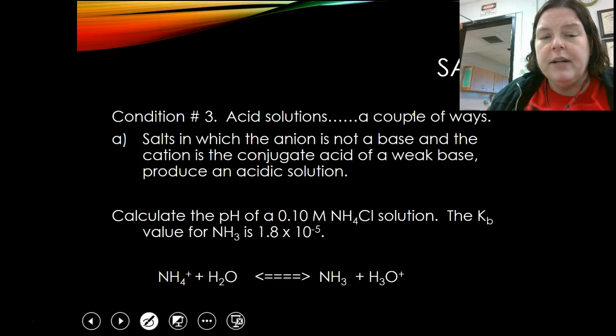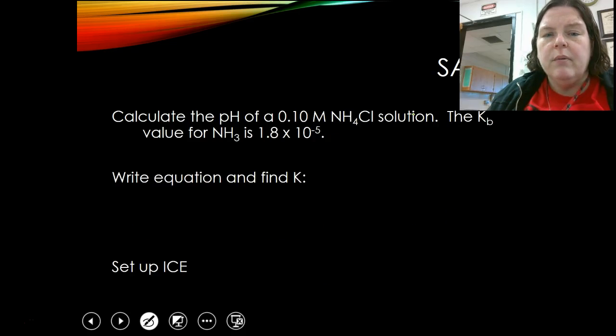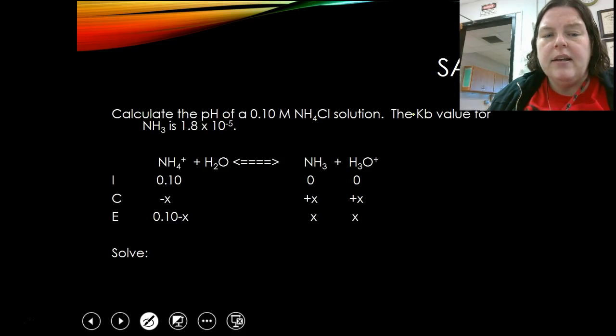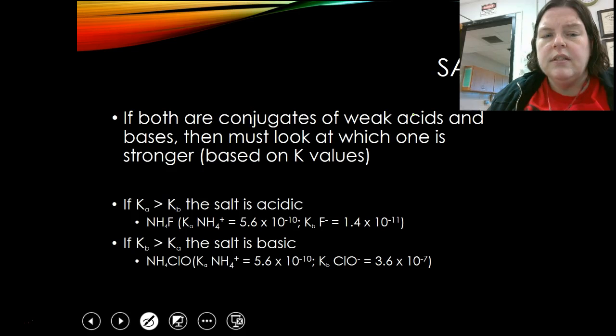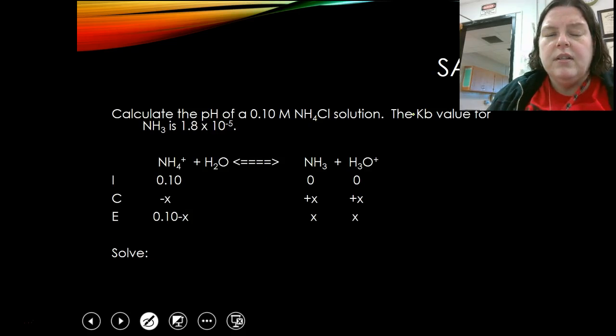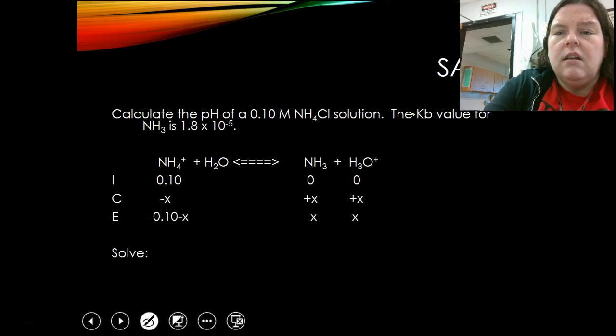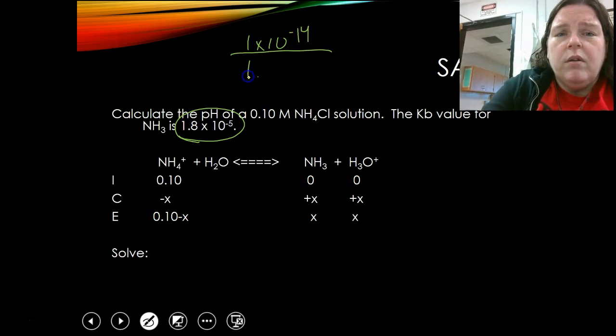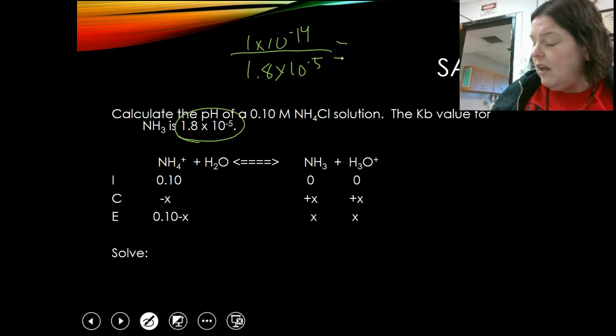So we need to find out, right? So here we go. Set up ICE. There's the ICE setup for you. We see what that is. We solve. Sorry, go back. We solve by putting this in. This is the Kb value, so we have to solve for the Ka value for that. And we do that by taking 1 times 10 to the negative 14th divided by 1.8 times 10 to the negative 5th. Right,